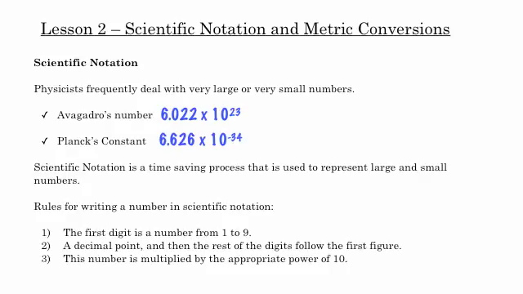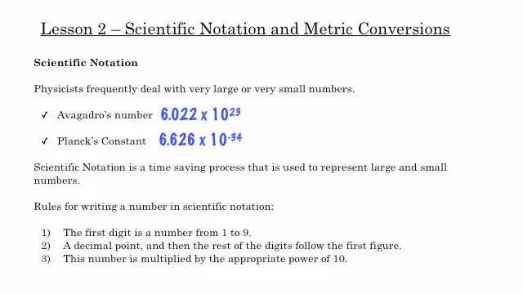So here's lesson 2 on scientific notation and metric conversions, two things that we're going to use a lot in our study of physics. To begin with, scientific notation is important because physicists frequently deal with very large or very small numbers. Good examples of this are Avogadro's number, and if you've taken chemistry at the introductory level, you'll know that Avogadro's number expresses the number of particles in a mole of a substance, and that's 6.022 times 10